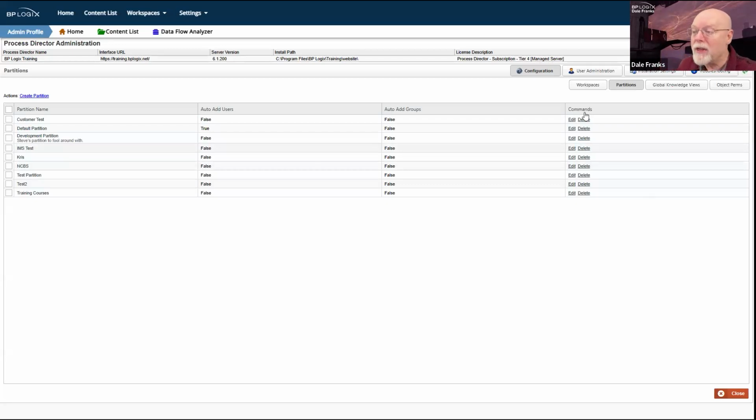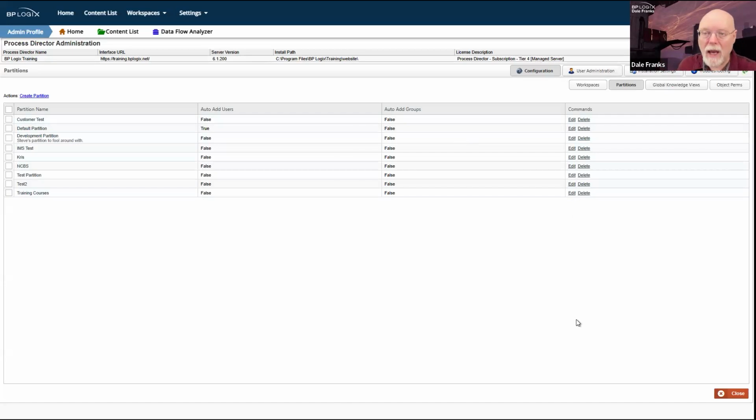Now, everything else in IT admin works in both partitions. So for example, if I have a user like Diana, I can assign Diana to two separate partitions, because all of my top level administrative items, with the exception of metadata, are universal. So anything that I set up for installation settings or in troubleshooting or user administration, that's applicable to all partitions. But from the metadata all the way down through the lowest part of the content list, they're completely separate from each other.